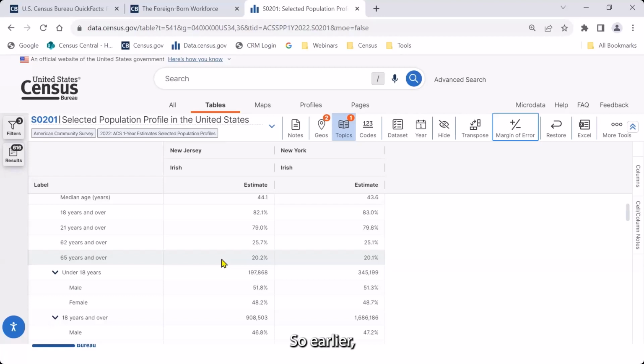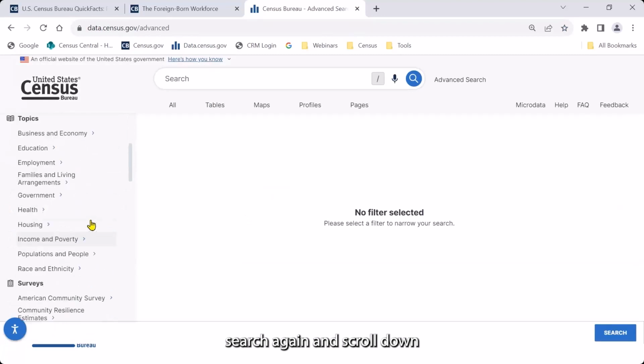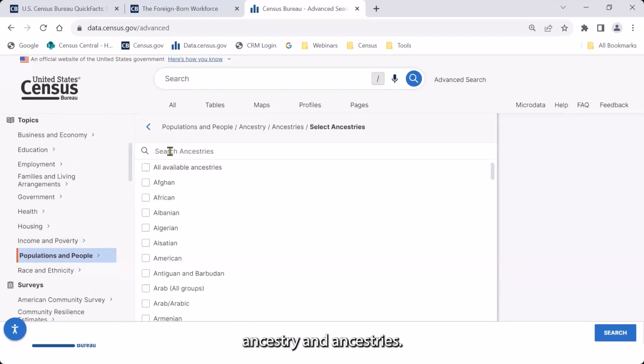Okay, so earlier Kelly showed us ancestries totaling 2 million or more. Let's see if you recall the ancestries totaling 10 million or more. If you recall, please place your answers in the Q&A while I look them up. I'm going to click on the advanced search again and scroll down. Under topics, click population and people, ancestry, and ancestries. And we're looking for